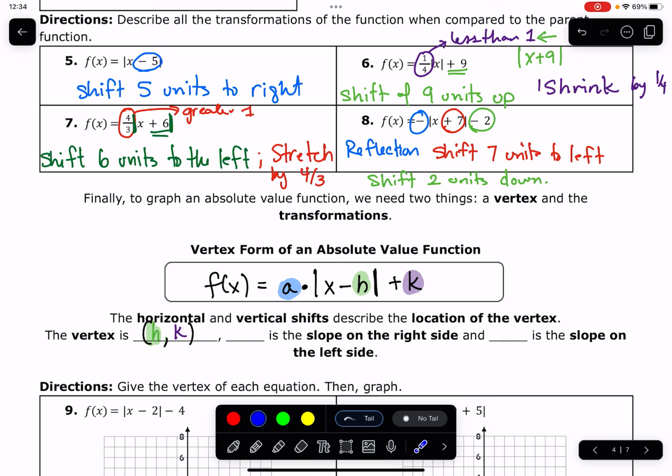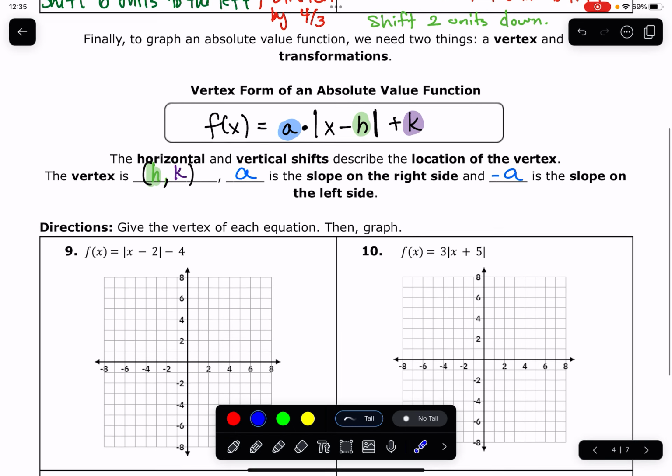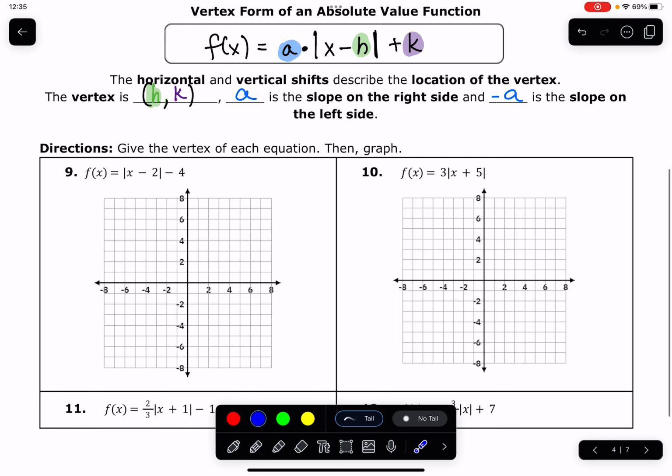And a is the slope on the right side. This value of a, this number right there, is the slope on the right side, and negative a is the slope on the left side of this center point, aka the vertex. So let's identify what the vertex is in this vertex form, okay? So to identify the vertex of example number 9,